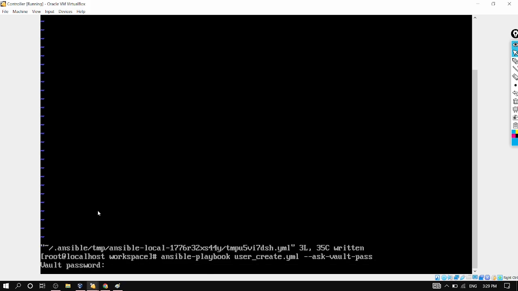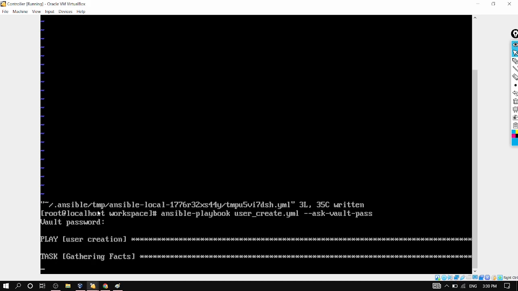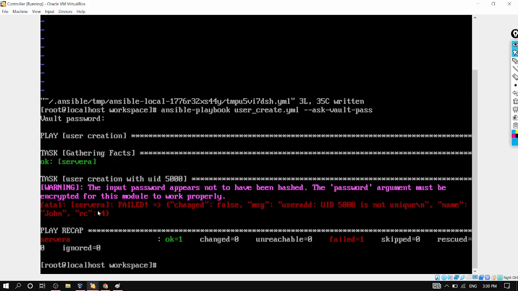It will again ask me for the password. I have given the password. Now we can see that it is running properly. So it is creating the user and then gathering facts. What gathering facts is, we'll discuss today itself. For user creation, again it has thrown an error, because